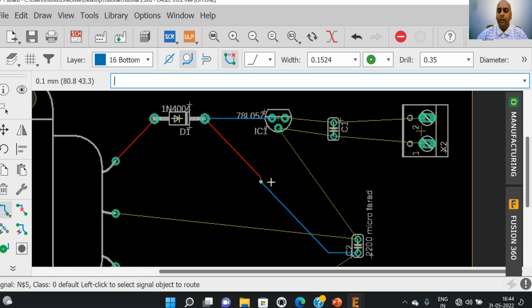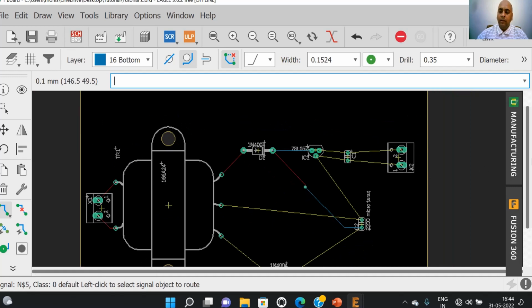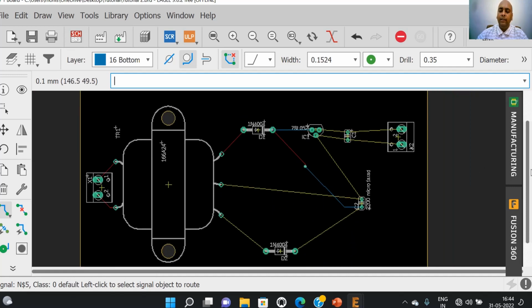Then by the trace on the lower layer, signal will travel from the via to the final component. So this is how we can shift from one layer to another layer in order to avoid intersection of traces. We can draw the various air wires in this way on the upper layer as well as on the lower layer.